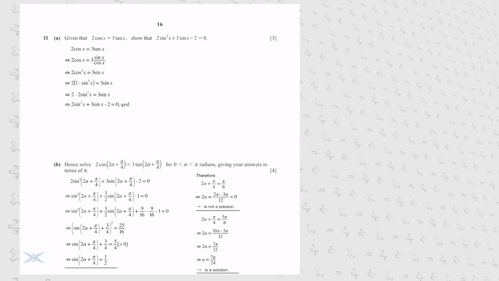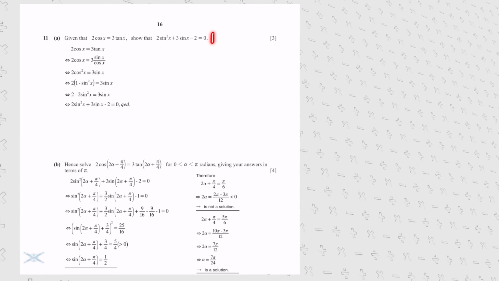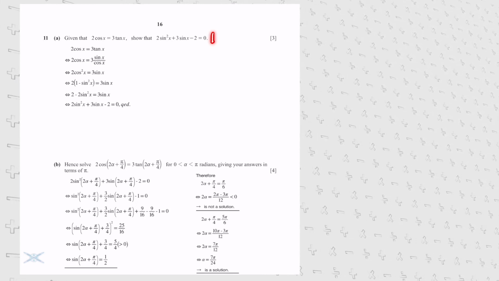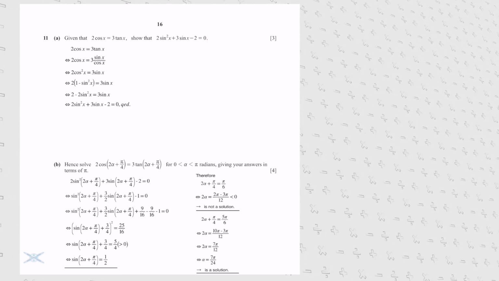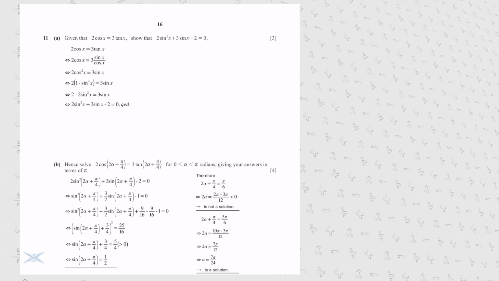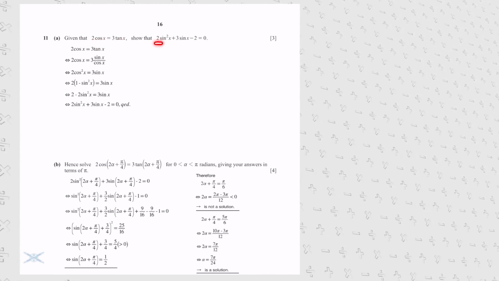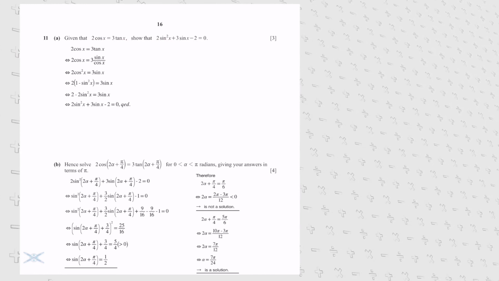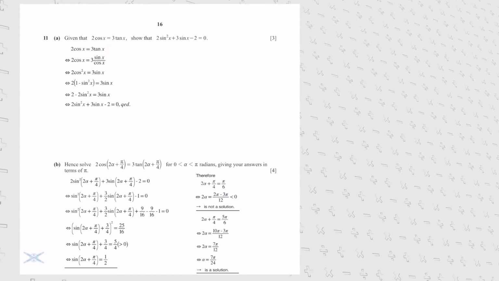In part A of this exercise, it is given that 2 cosine x equals 3 tangent x, and we are supposed to show that the expression 2 sine x squared plus 3 sine x minus 2 equals 0. So firstly, we need to find a way to convert our cosine and tangent expressions into expressions in terms of sine. So according to the trigonometric identities for sine, cosine and tangent, we can convert the expression 3 tangent x